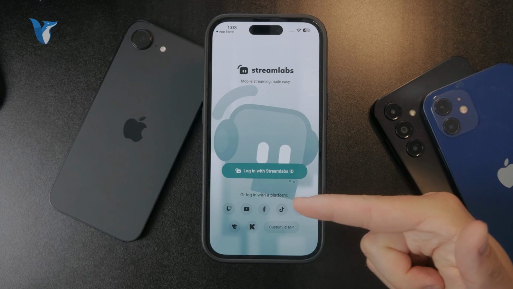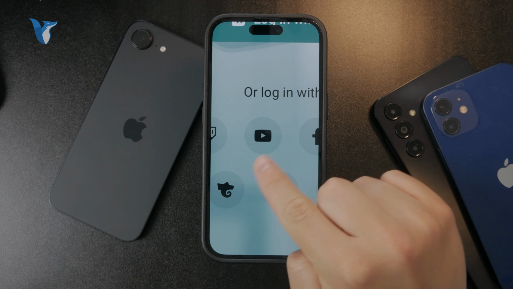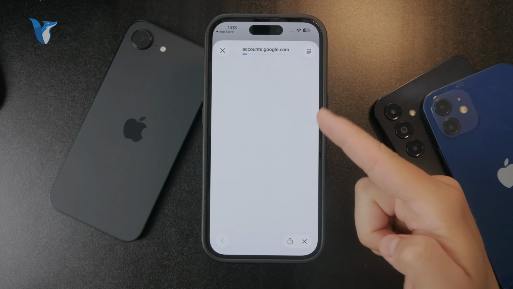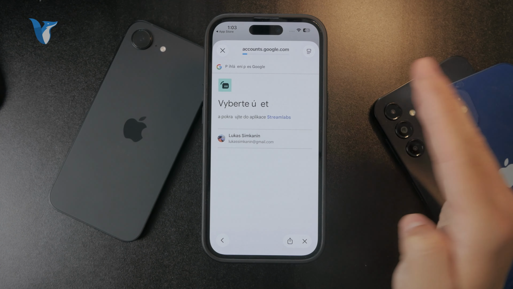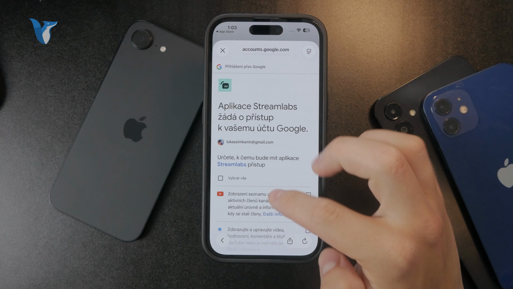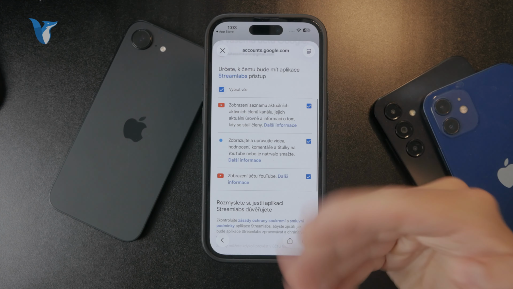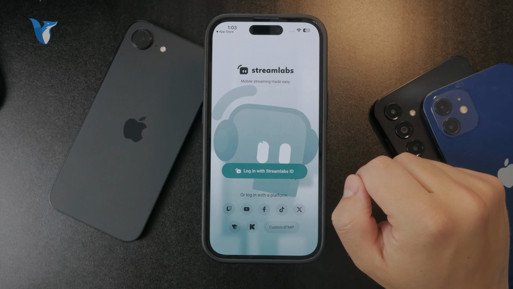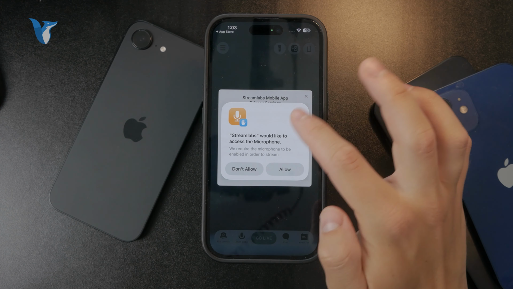So obviously you have to decide where you're gonna stream. So if it's for YouTube, in our case, you can see that you can log in with the YouTube platform right away. So it's gonna ask you to continue and just go with the Google account, right? So I'm going to go with this one as such, right? I'm going to go through it and click on continue, right? So as you can see, you kind of have to give it permission to start things like live streams on your behalf. So just go through it like this, and then you will have the ability to start a new